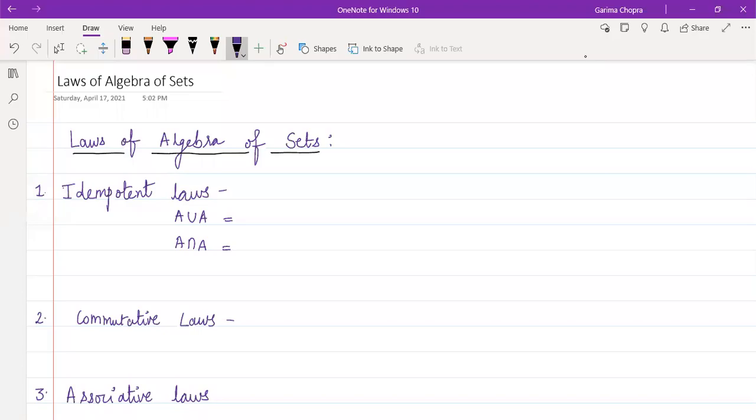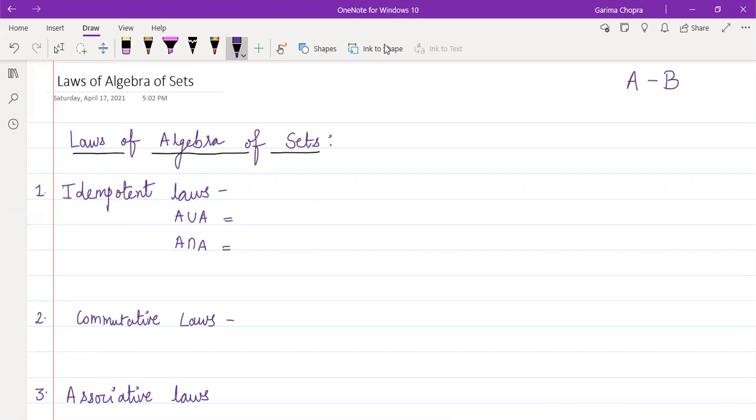Namaskar students. In this video, we will discuss some laws regarding algebra of sets. We have discussed in our live sessions the operations which can be performed on sets. We have discussed what we mean by the union of two sets, then the intersection operation, the complement of the set. We have discussed the concept of the difference,